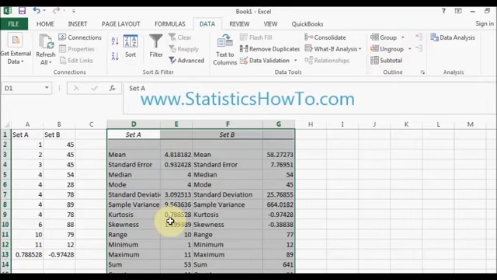And my kurtosis for dataset A is here, 0.788, and my kurtosis for set B is right here, negative 0.97. That's how to find